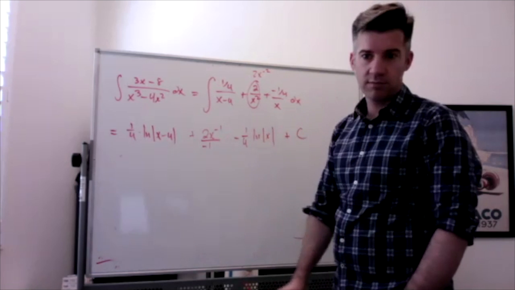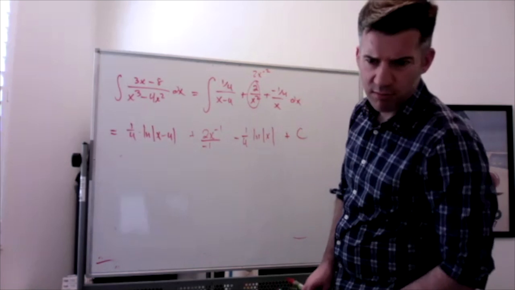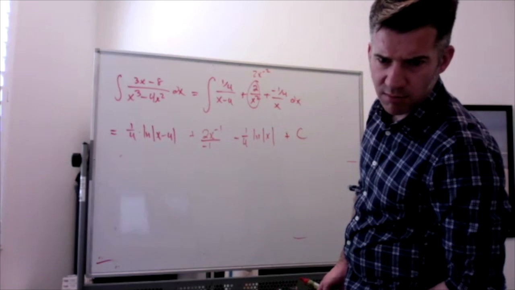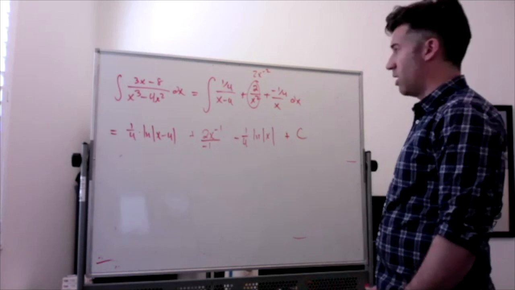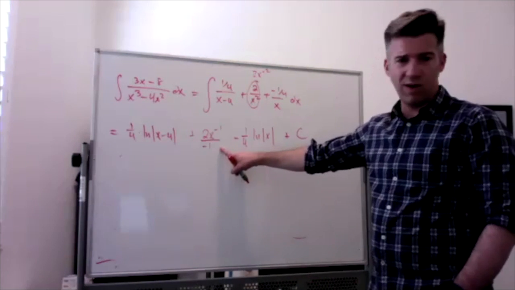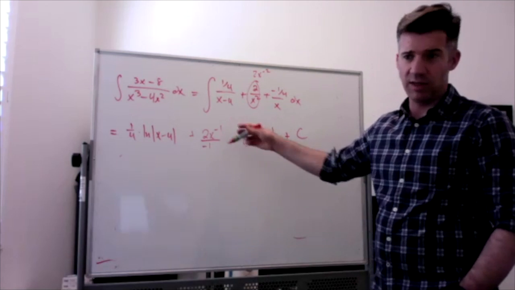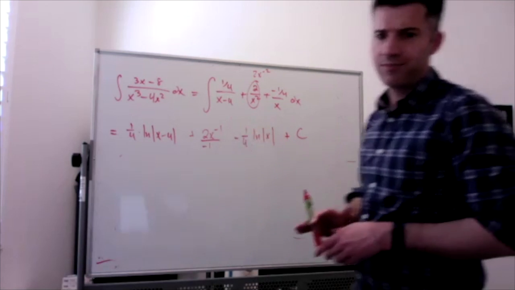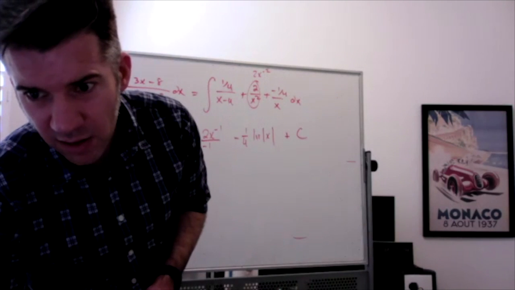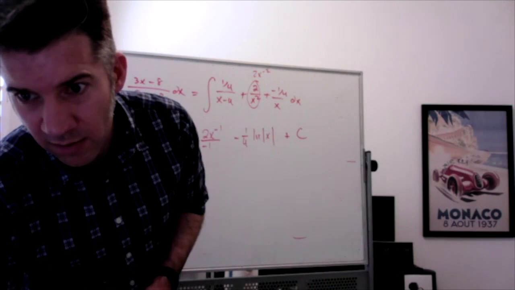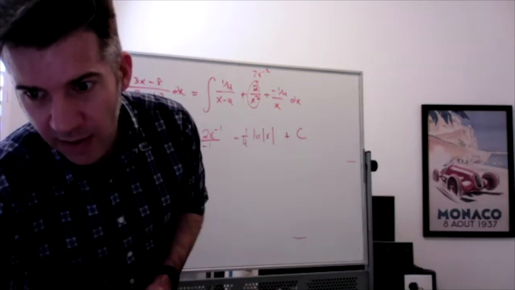Anyway, so you could rewrite this if you wanted to as negative 2 over x. That's what we need to do. I'll look at a couple more things. We got time for at least one more. I don't want to do that one. I mean, I do want to do that one, but